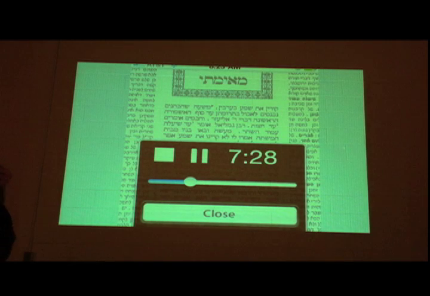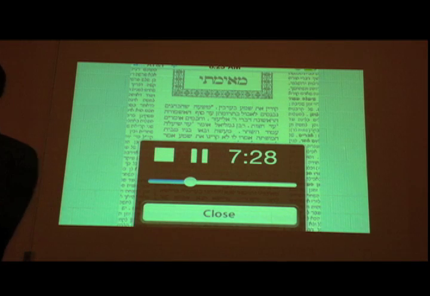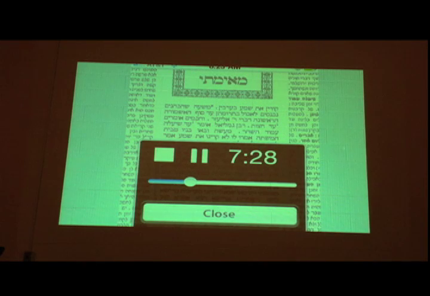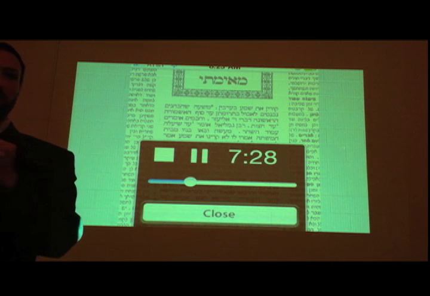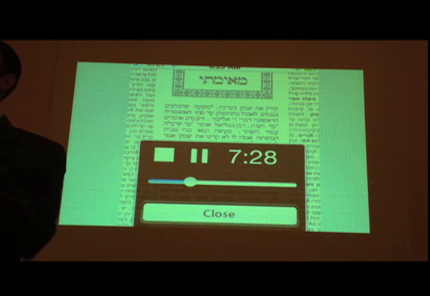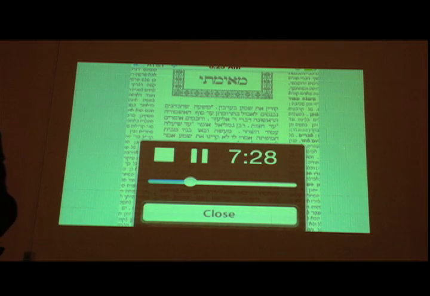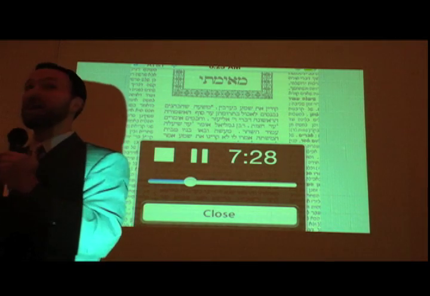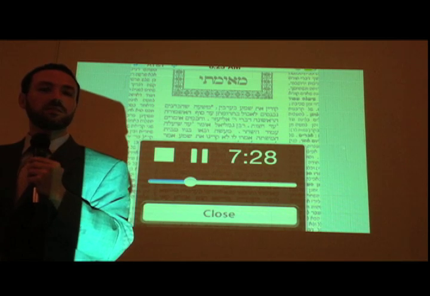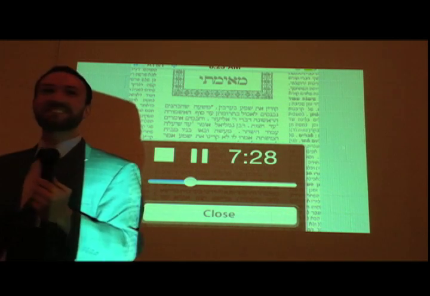But even at that, I get stuck, I need some help. Click another button, the audio button. You ready for this? An audio stream of a rabbi suddenly pops up, and he starts reciting the Gemara in the original text with English and explaining, teaching it as if you were in a class. So again, what excuse is there not to study? It's amazing.